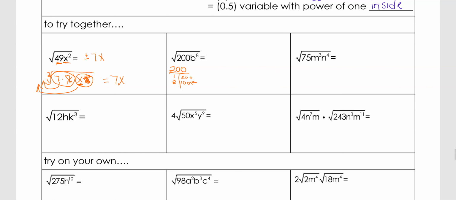Now, of course, we could do 200 divided by 2, divided by 2, divided by 2, divided by 2. That would get tedious, so we're not going to do it that way. We'll do that example with a smaller number. All right, so